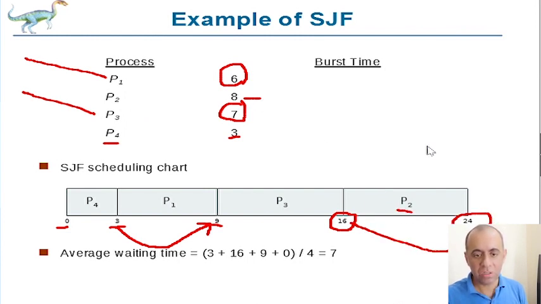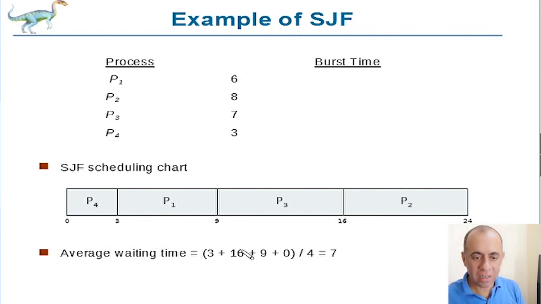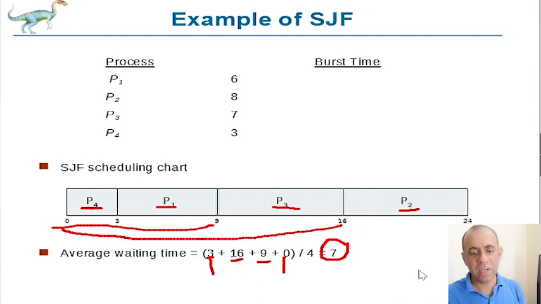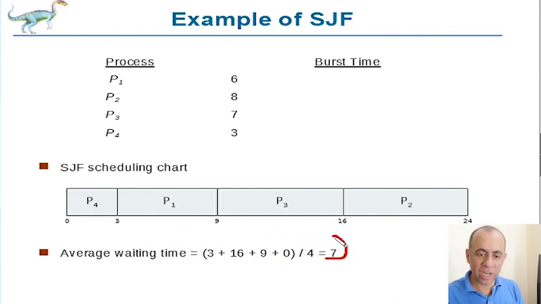So this all adds up, and the average waiting time for all these 4 processes is calculated as follows. The waiting time for the first one, P4, is 0. The second one which went was P1, its waiting time was 3. The third one which was sent was P3 and its waiting time was 9. And the fourth one which was sent was P2, it was sent at 16, its waiting time was 16. All of these waiting times added together divided by 4, we get the average waiting time,